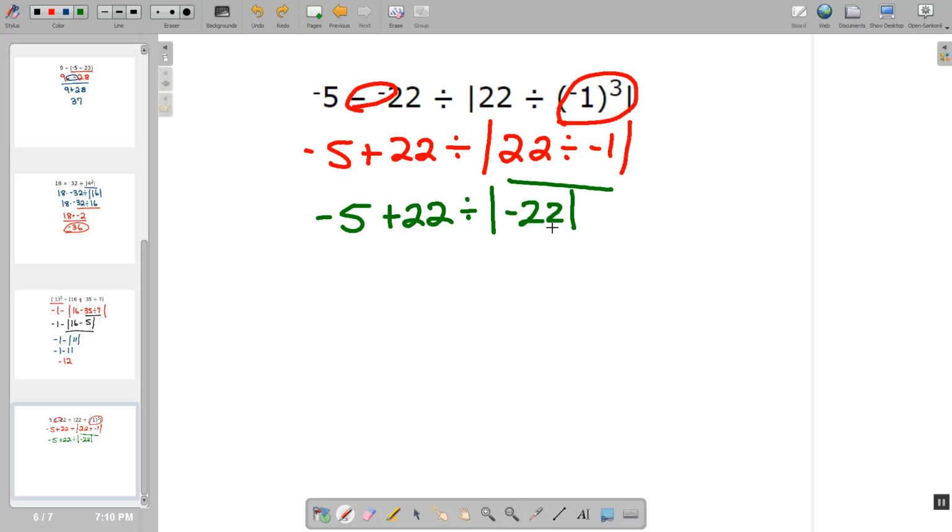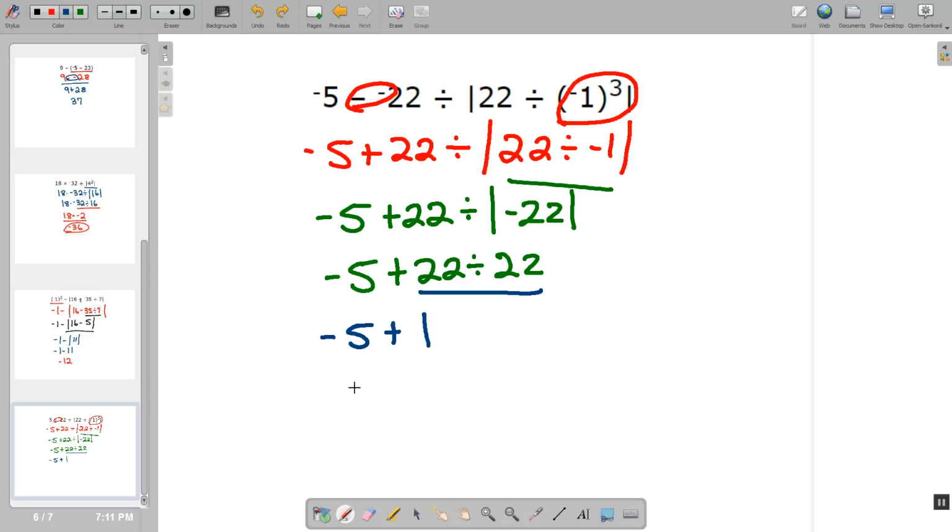And important that since this is absolute value, the absolute value of negative 22 is a positive 22. Now, we are going to do the division before the addition. 22 divided by 22 is a positive 1. And then negative 5 plus 1, we're going to go to the right on the number line, and we land